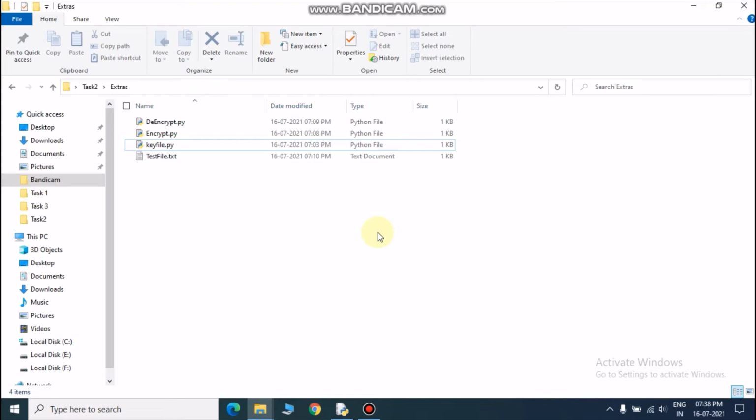Previously we saw that we encrypted and decrypted the data by just converting the value into ASCII values and then multiplying it with a prime number, and we decrypted it by dividing it by 83, the same prime number, and then converting it back to char. But there are other methods also. One of the methods is using cryptography.